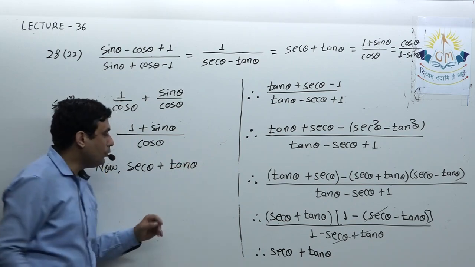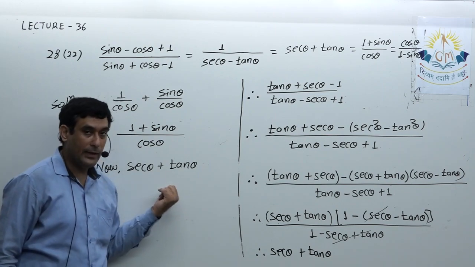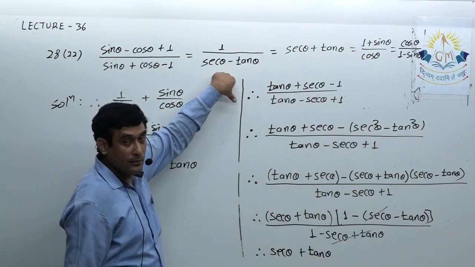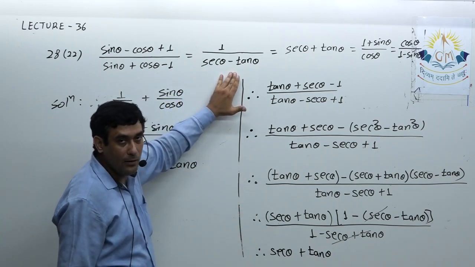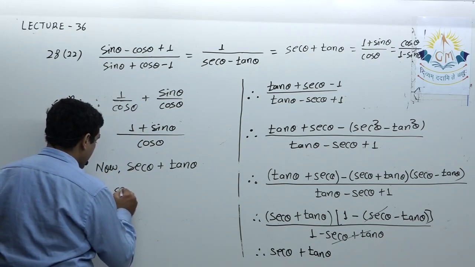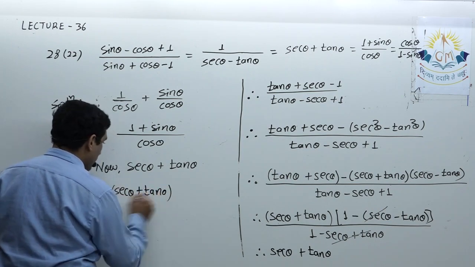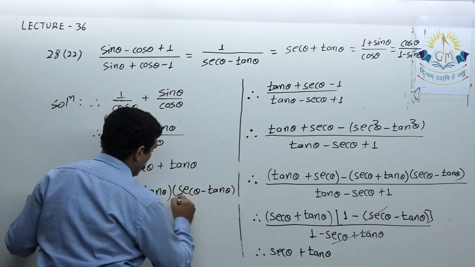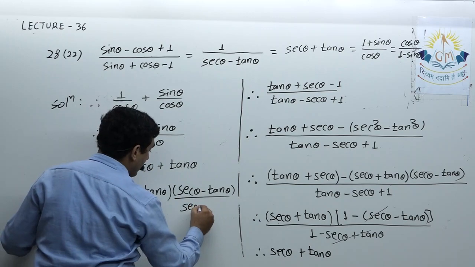So there are two ways. See, I can say that there is 1 in the denominator, and at the place of 1 if I again put this identity, I will get this. This is one way. Or another way, I can see in the denominator I need sec theta minus tan theta, so I am multiplying the numerator and the denominator by the same thing. That means here I have sec theta plus tan theta. Now I will multiply the numerator and the denominator by sec theta minus tan theta, because I can see here in the denominator I have sec theta minus tan theta.